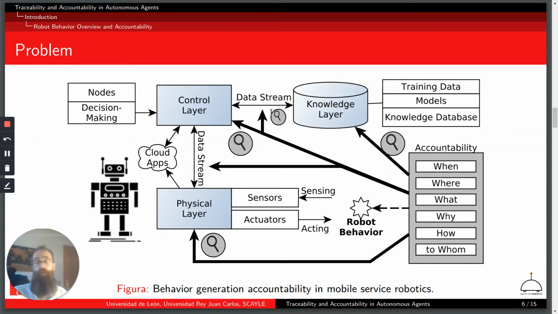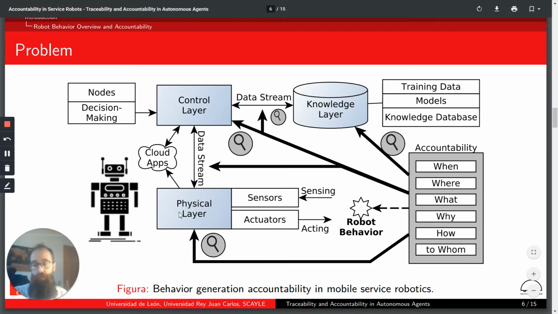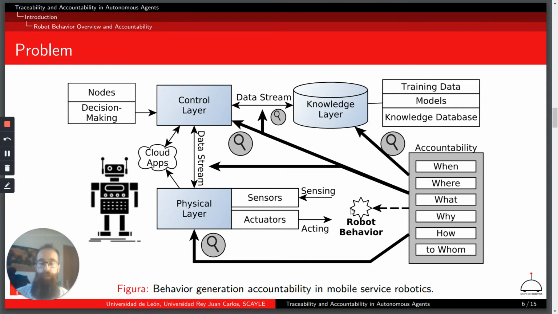And this is quite straightforward to see when we present it graphically. In this case, what we have is a physical layer that is in this part, and we have the control layer. Of course, we have the knowledge layer. All these layers are working together to generate different robot behaviors. The point of accountability is to be able to infer when, where, what, why, how, and to whom this robot behavior was generated. For this reason,